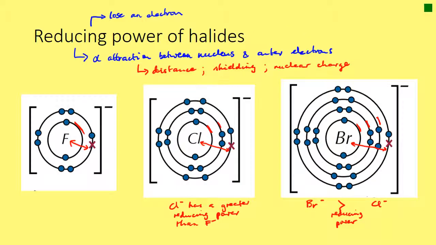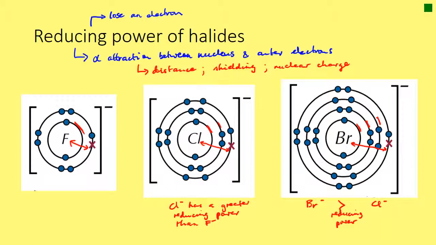So that's what we're going to do on this slide. We're going to compare the reducing power of the halides. So let's start off just by reminding ourselves what reducing power is. Reducing power is how easy it is for a halide ion to lose an electron. So how easy it is for a halide to lose an electron depends upon the attraction between the nucleus